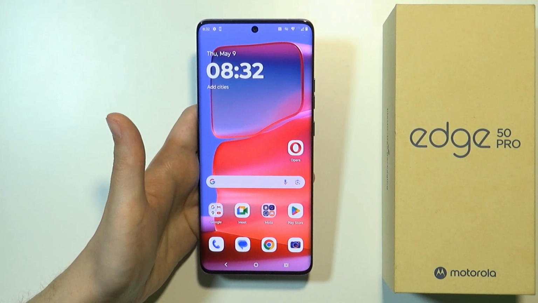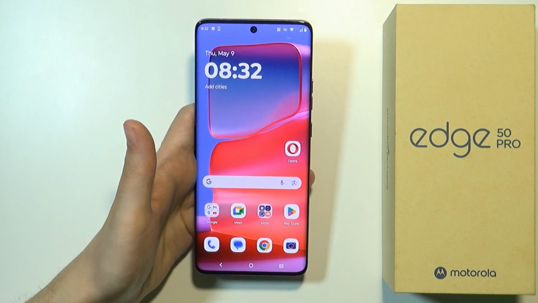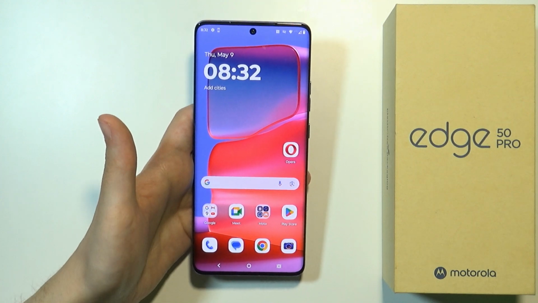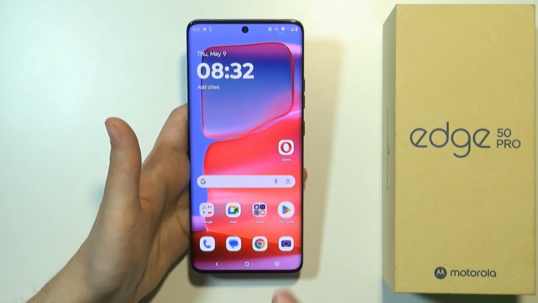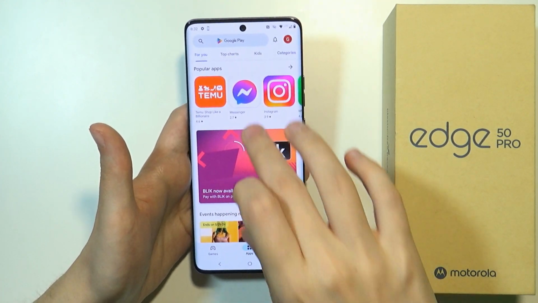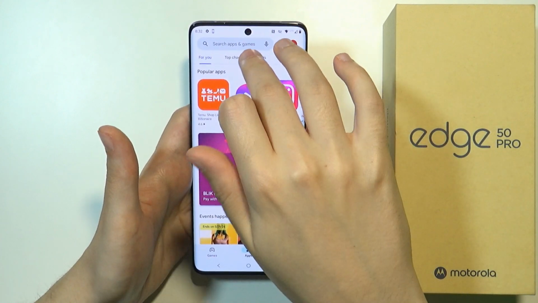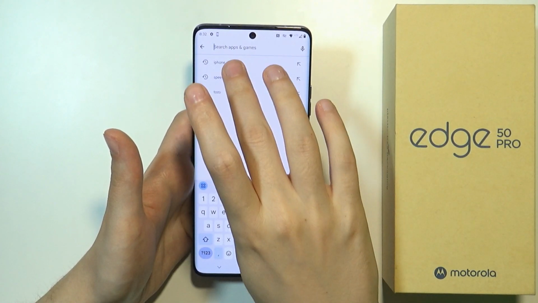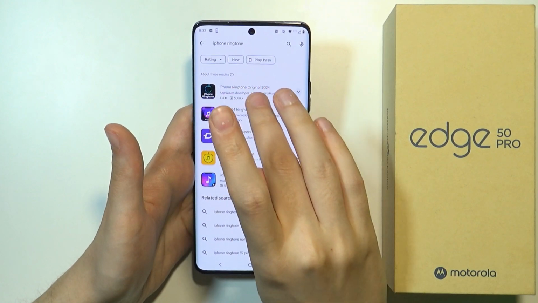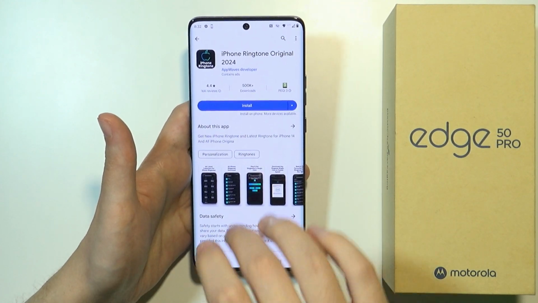Hello, in this video I'm gonna show you how we can get the iPhone ringtone on Motorola Edge 50 Pro. The first thing that we need to do is go to the Play Store and download an app that allows us to use the iPhone ringtone. So let's search for iPhone ringtone and then I'm gonna choose the first app over here and then let's tap